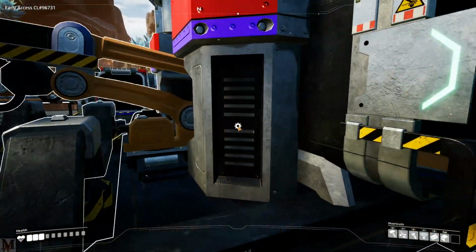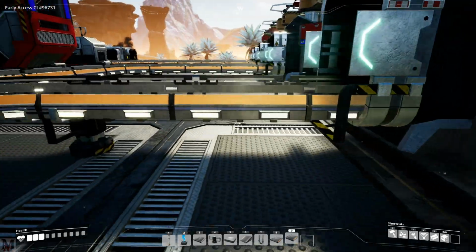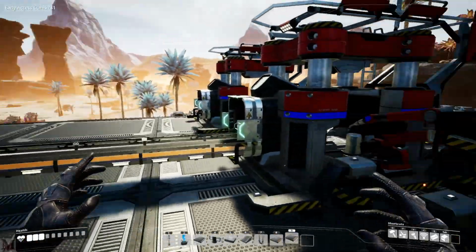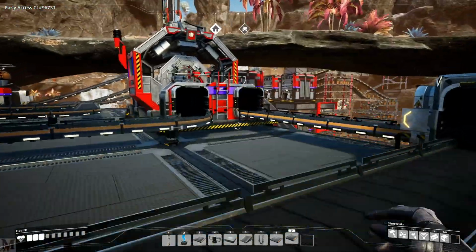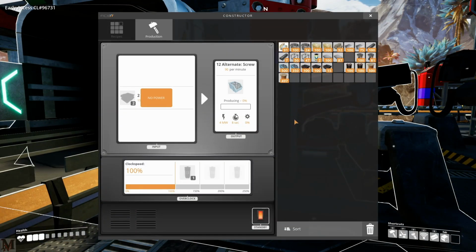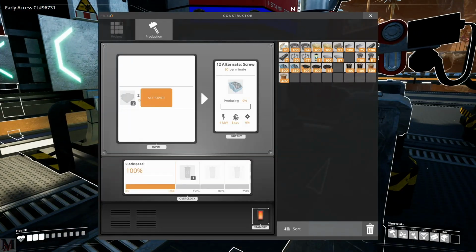Get out. Okay, so we did say plates, right? Yes. Plates, iron rods, screws with the alternate recipe, plates for the assembler, and then screws for the assembler, and then we've got an extra one just in case we need to overclock some stuff. So to get this one going, we actually need to be able to make 180 screws per minute over here, and then we need to make 20 of these. So we're going to have to go ahead and throw in our last two overclockers